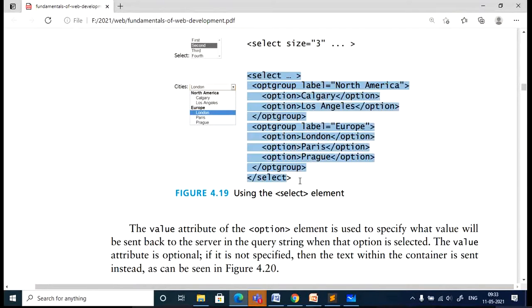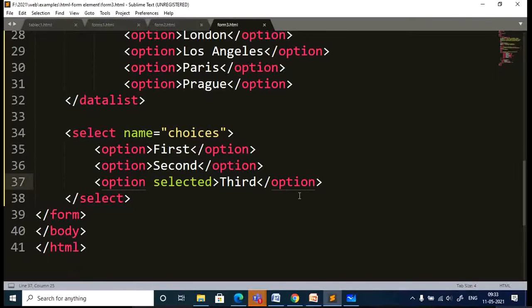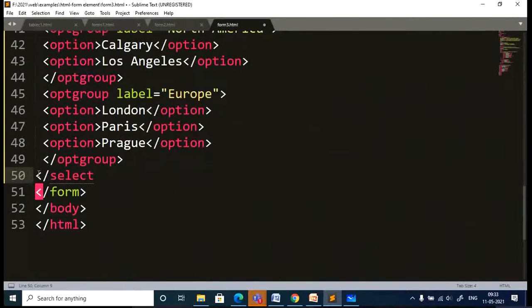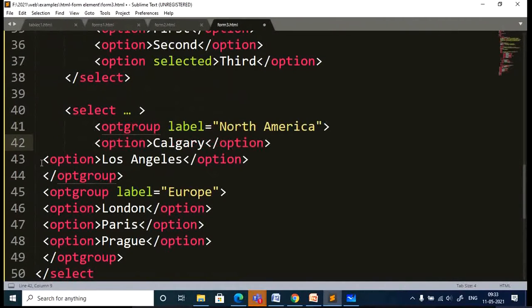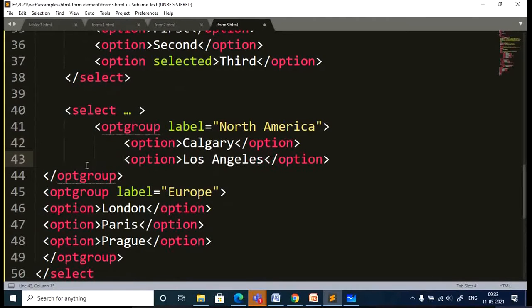So we'll just try this. Don't do copy paste, just create your own code. Okay, try to add the correct information to create the tags. So this is my first group and I have two options in that.